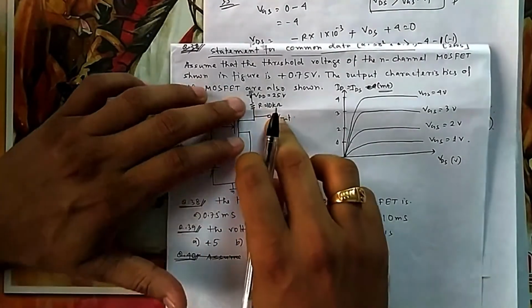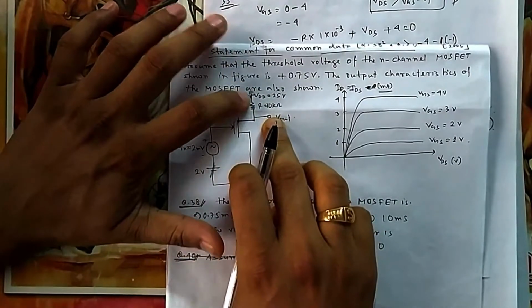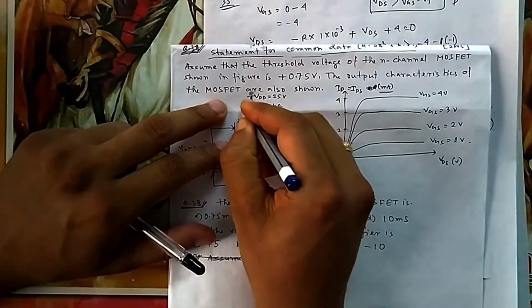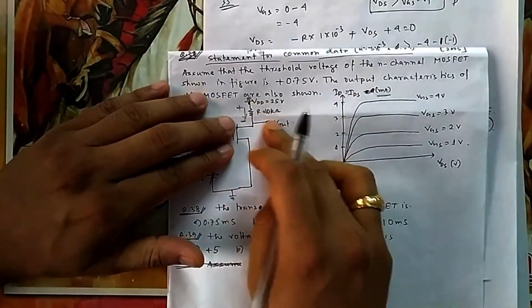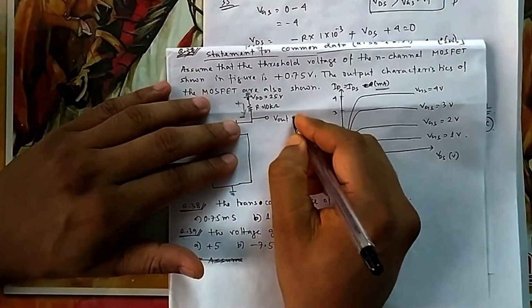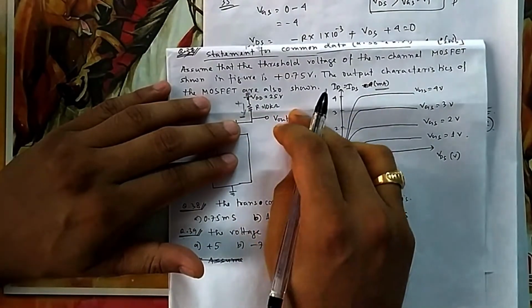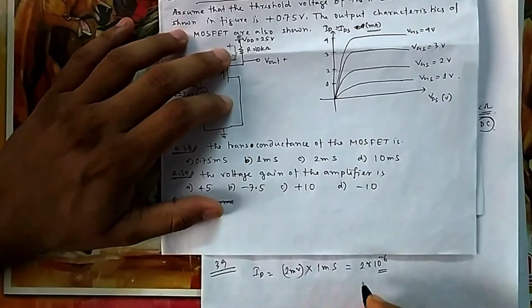Now what will be VD? You see between this and ground, what is the voltage? Because this is all now grounded. From here to here, because current will be flowing in this direction, this will be plus, this will be minus. So if you move from this direction, what will be Vout? Vout will be minus, because we consider Vout to be positive. If I say Vout, this with respect to this as ground, this should be positive, but here it is negative, so it will be minus.